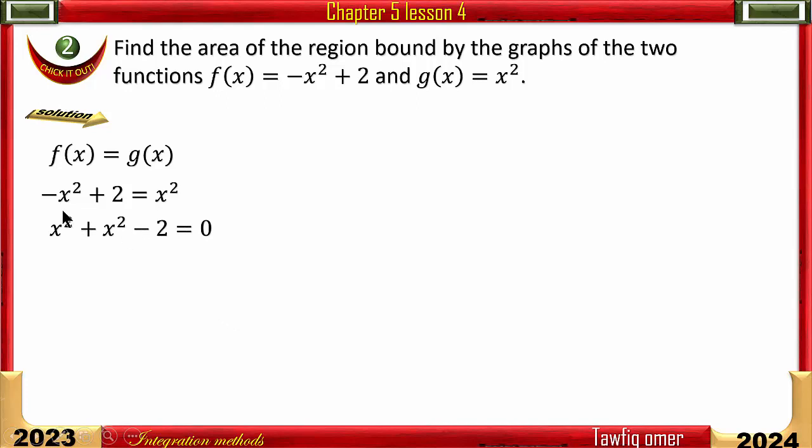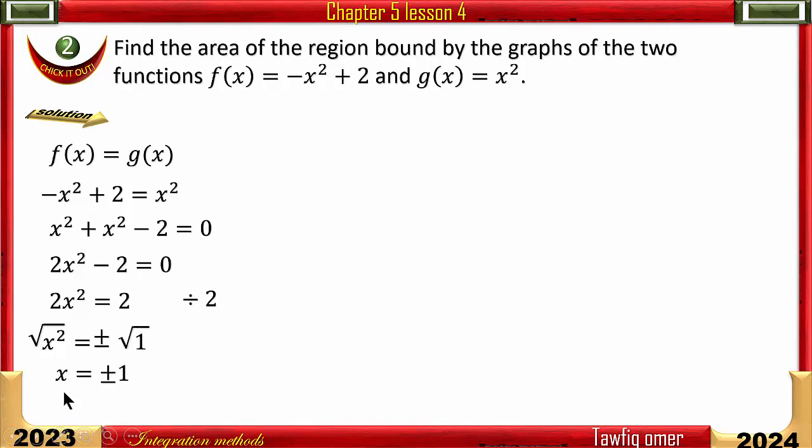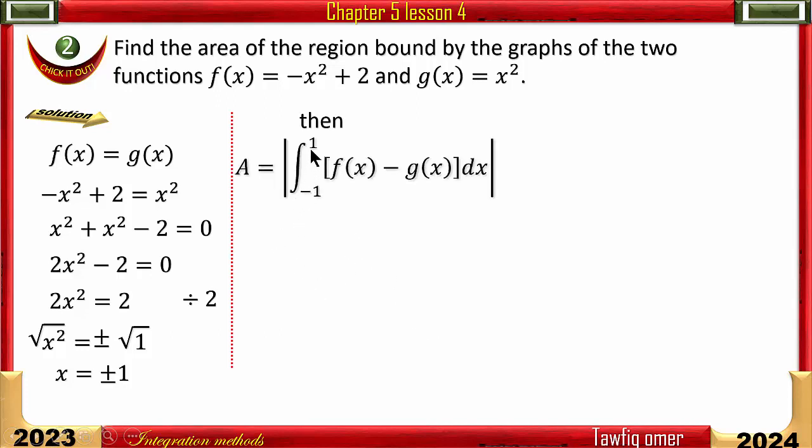By taking minus x squared plus 2 from left to the right, it becomes x squared plus x squared minus 2. So it becomes 2x squared minus 2 is equal to 0. By dividing by 2 and taking the square root of both sides, we get that x is equal plus or minus 1. Because we haven't any interval, we can take integration from minus 1 to 1 for